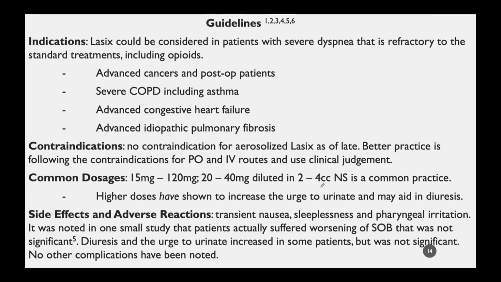Common dosages, from what I found in the literature, are pretty broad, really. But 15 milligrams up to 120 milligrams, diluted several different ways. Commonly, what I've seen across the board is, oh, this patient was given 20 milligrams. They said it didn't work, so we gave them 120 milligrams the next time. But generally, what I'm seeing is 20 to 40 milligrams diluted in 2 to 4 cc's of normal saline is common practice. I won't say common practice, but